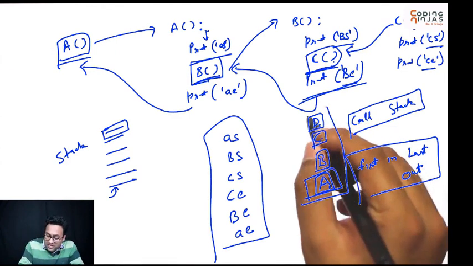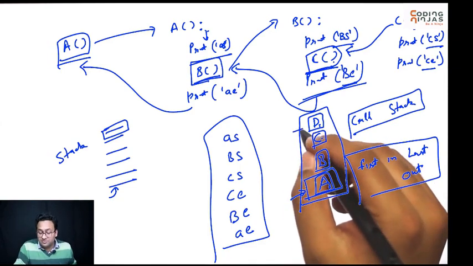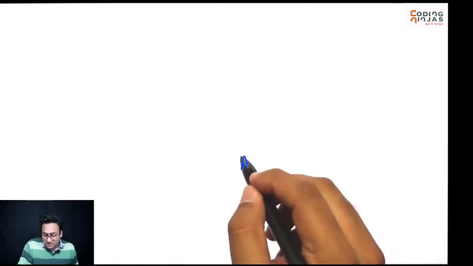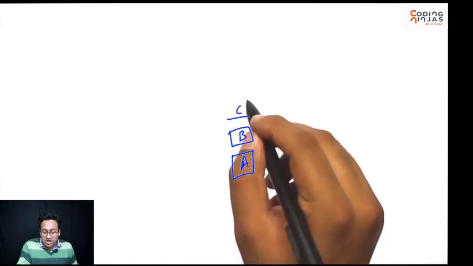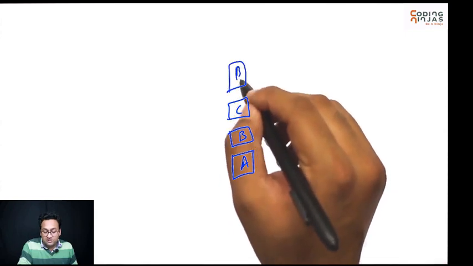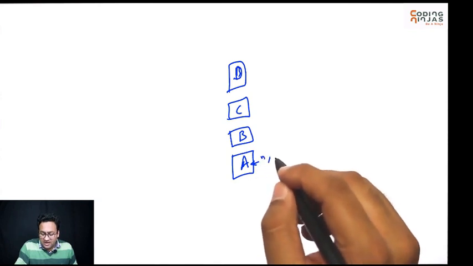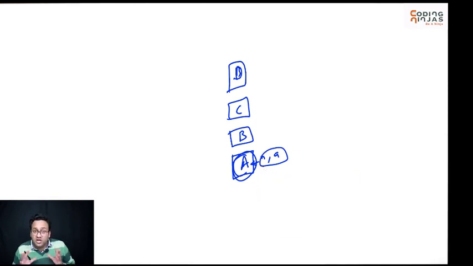Okay, so this is called a call stack because the function which came first will be the last one to go out. The function which came last will be the first one to come out. In the call stack, we maintain the functions that A is coming, then B is coming, then C is coming. And we store all their local variables as well, all the local data that they have. For example, if A has an N, whatever variables it was using, we'll keep them there as well, because when we come back, we will need those variables, right?